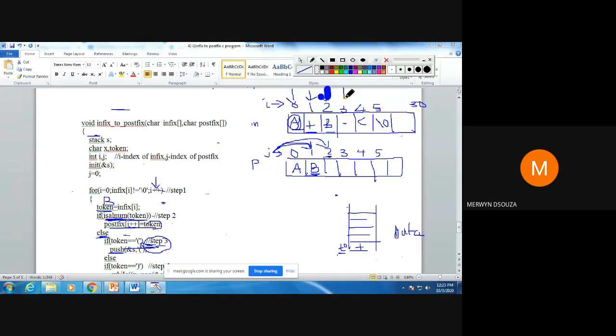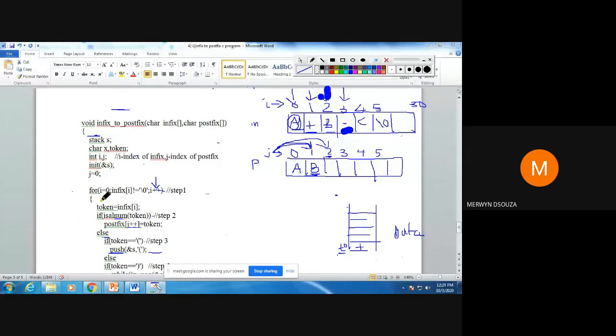Now you will increment and read this minus. Now you are reading your next value, and the next value that you are reading is this minus.